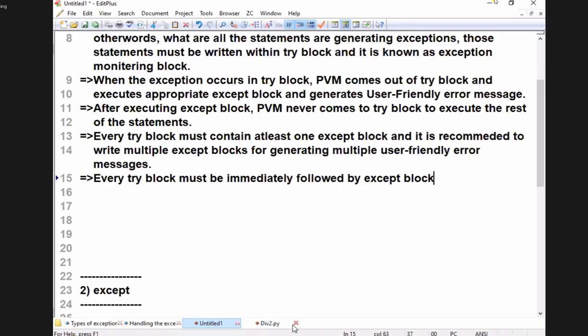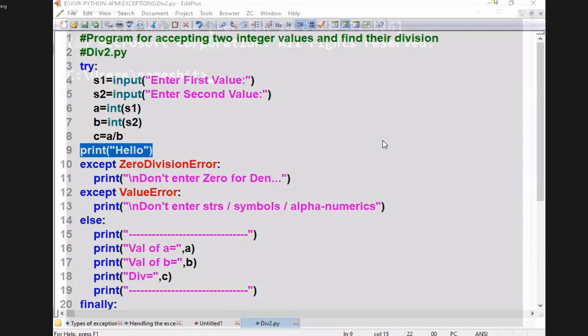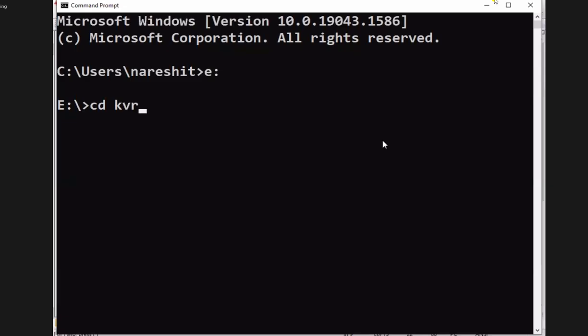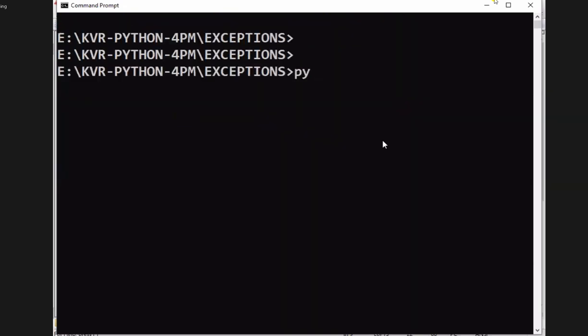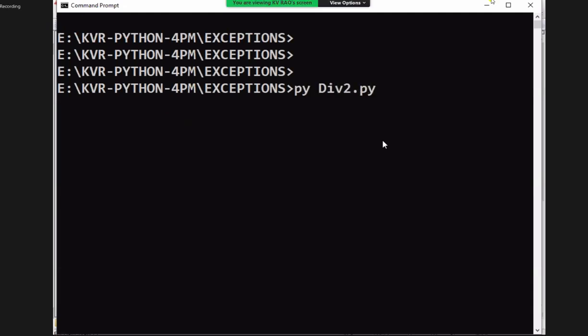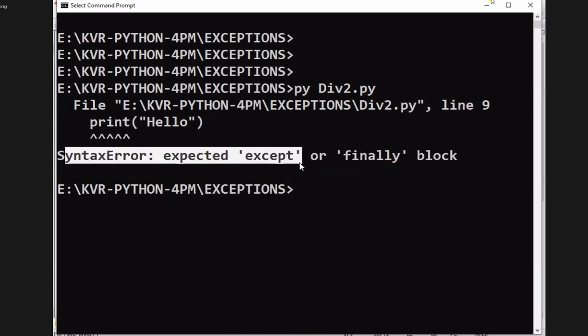If I write something like hello in between, just to see the error, I'll go to my command prompt and execute yesterday's class program, div2.py. See, the error is coming: expected except block.